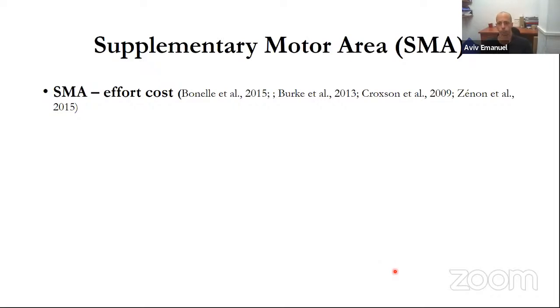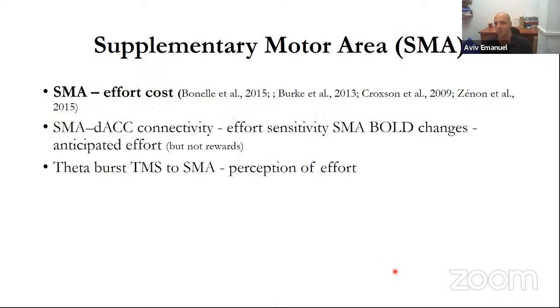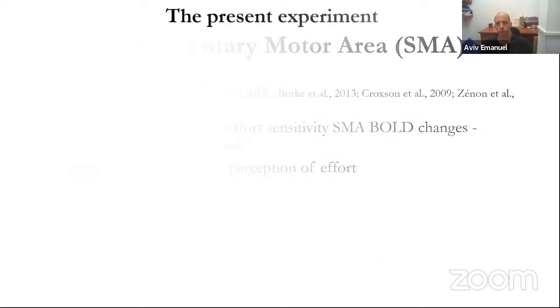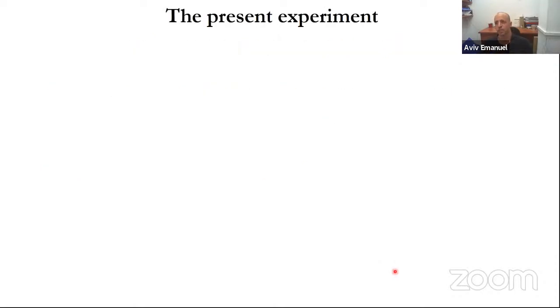So what we thought in the present experiment is that if we can inhibit the SMA, we might somehow alter the change in effort cost over time, which is reference dependent, and therefore cause a change in how effort is allocated over time. I wrote it down, but it's not important. We're not going into too many details. So what we did,